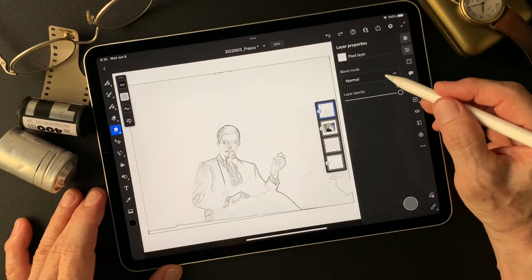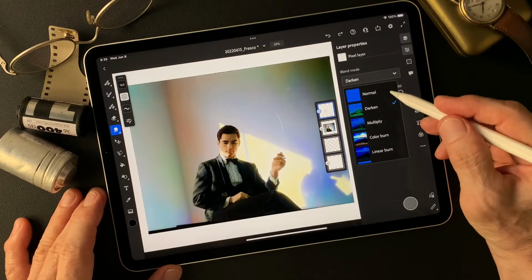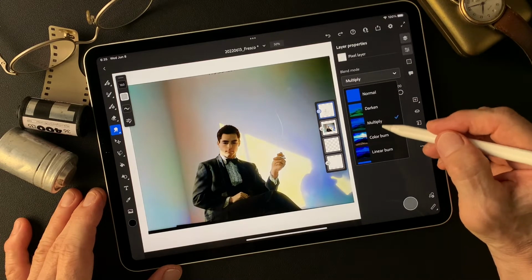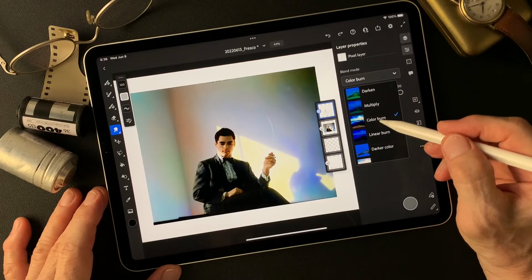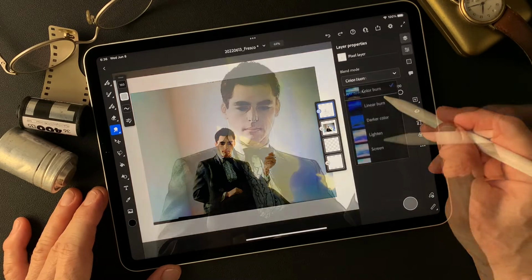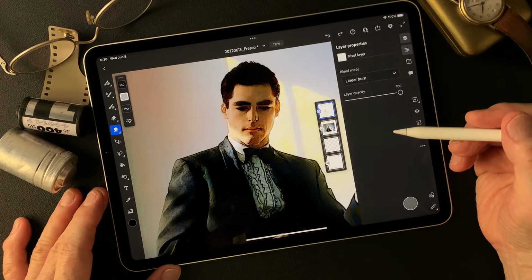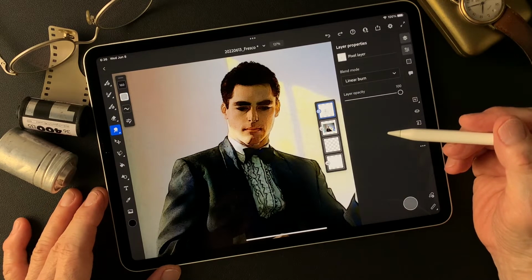Change normal to darken. Multiply. Darken is fine. And what else? Color burn. Well, I colorized yesterday by using the